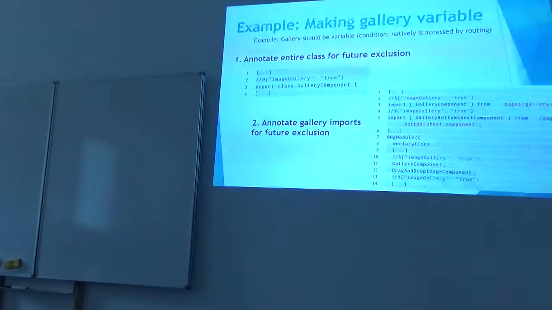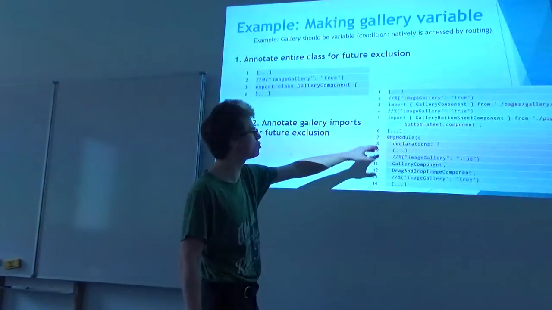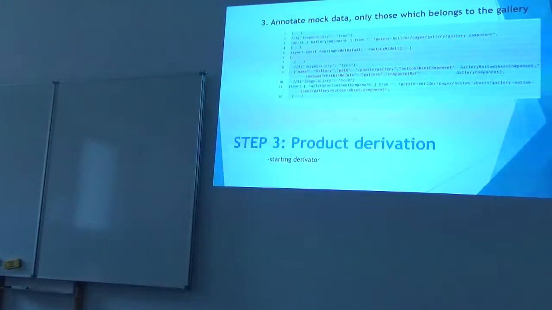We should annotate the gallery component, because if we don't want it, it should be removed. And also, as you saw, we need to annotate the imports and the import of a given component in the declaration of the ng module. And then we annotate the mock data, because here we only want to include the game component when the user hits some URL inside their browser or follows a given link,